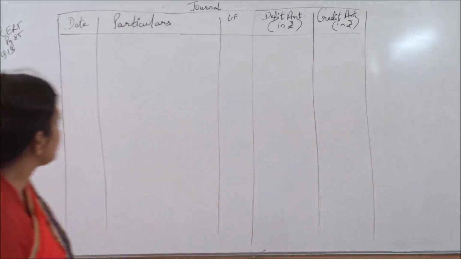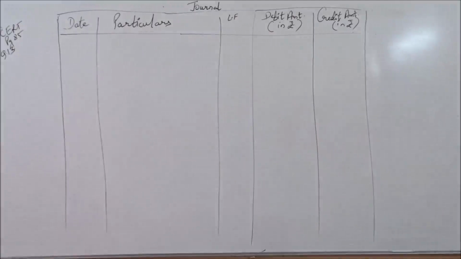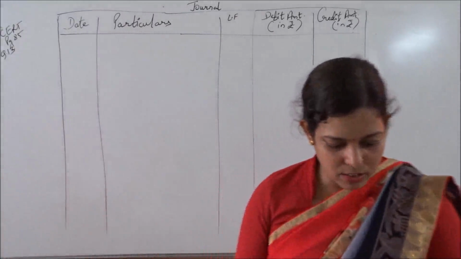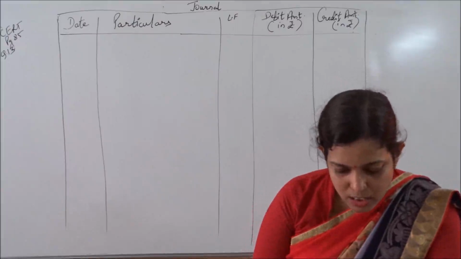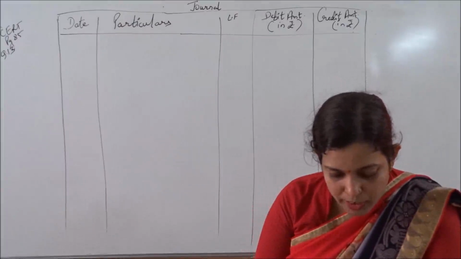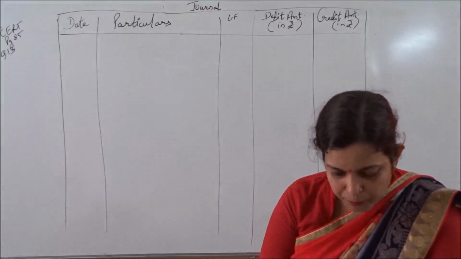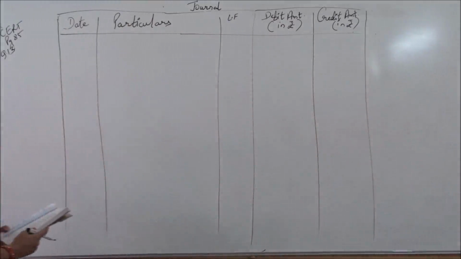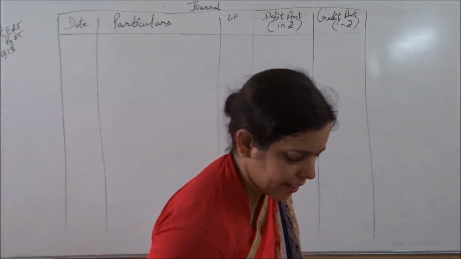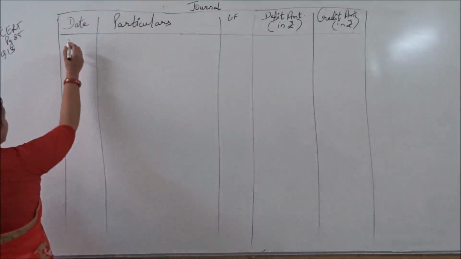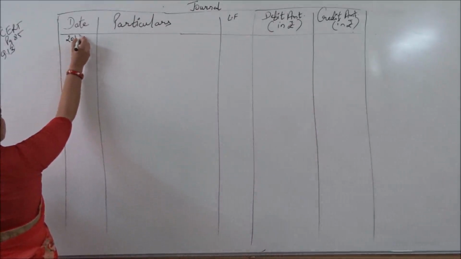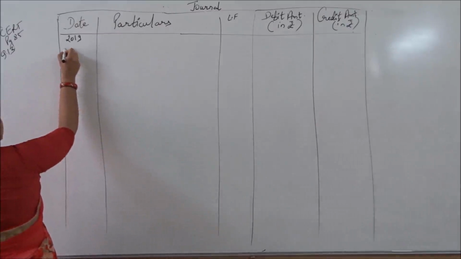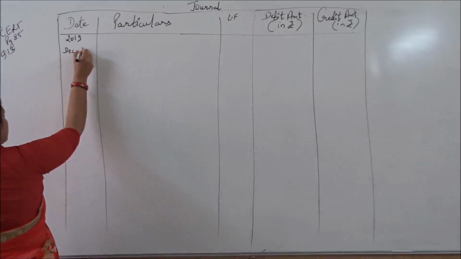So this is the format of the journal. Please have a look. Date, particulars, ledger folio, debit amount and credit amount. Now let us start the question. In the first one you can see the year is given, 2014, December 1. 2014 is a very old book. You can take 2019, no problem. Whatever year and date is given, that you have to take. Write the year only once, say 2019, December 1. The first transaction is of December 1.